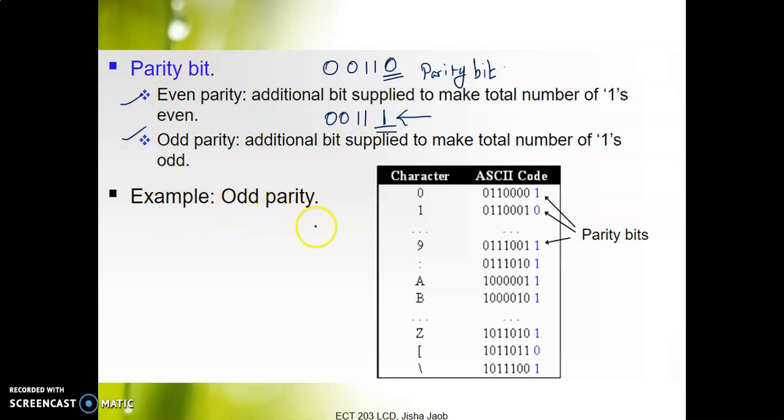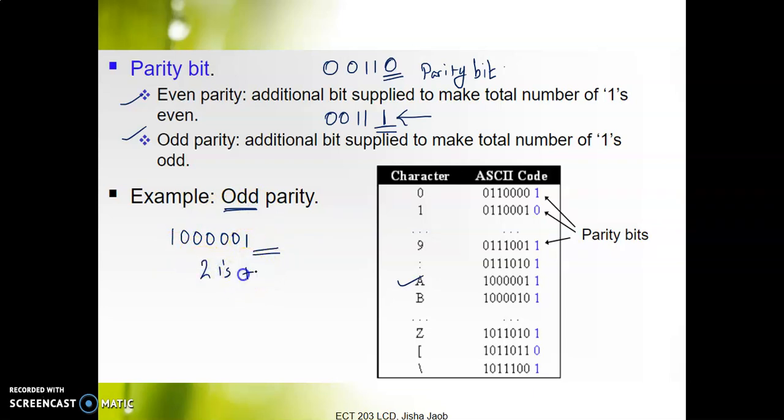If you take an example here of odd parity, let me take the case of transmission of the letter or character A. A is transmitted in the form of ASCII code as 1, 5 zeros and a 1. In order to transmit it, you append an extra bit, that is a parity bit. Since you're using odd parity, when you count the number of ones, you have 2 ones in this case.